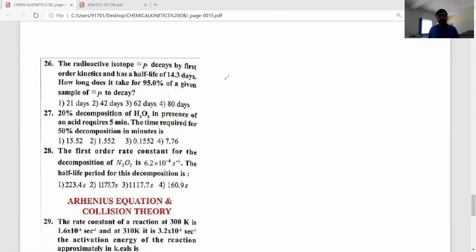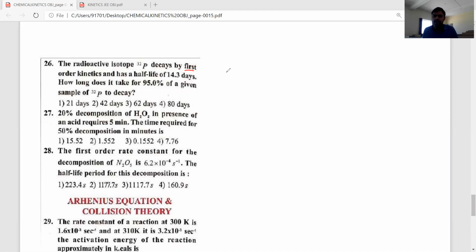Radioactive decay of phosphorus-32 isotope. Radioactive reactions are all first order reactions, meaning it is going to follow first order kinetics. Its half-life period is 13.4 days. Then how long does it take for 95% of the reactant to be converted into product? That we have to